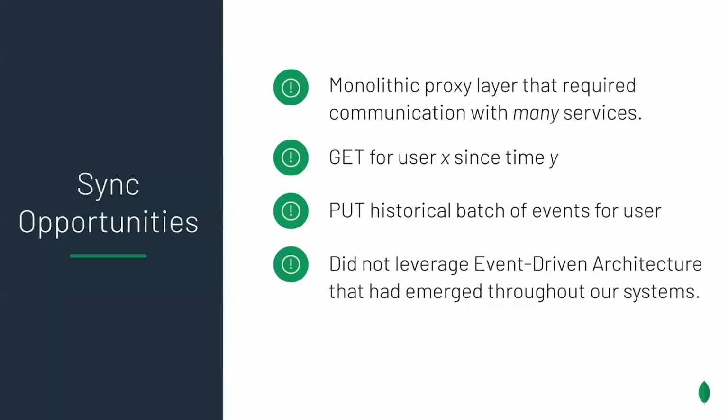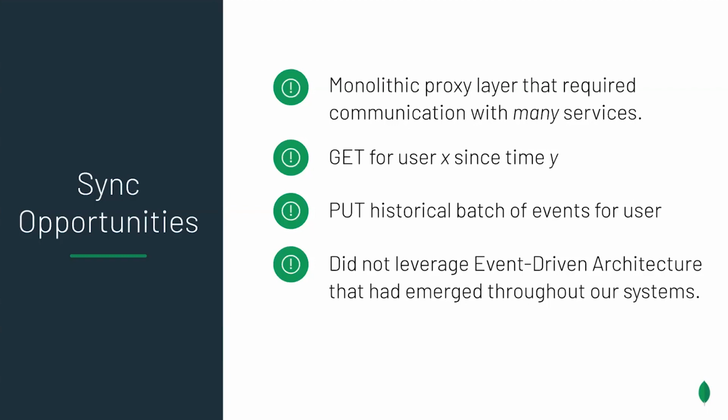The challenge here is you have this monolithic proxy layer that really requires many services to coordinate and converse through it. We have these access patterns such as, hey, for this user, give me everything that happened since this time, as well as, hey, this person did this a week ago. You need to update your state on the service layer so that you understand that that happened. What this leads to is your services end up offering a certain surface area to facilitate that style of communication appropriately. And so you're adding very authoritative endpoints. For example, you can now time travel on the server side, as well as getting a user since time Y.